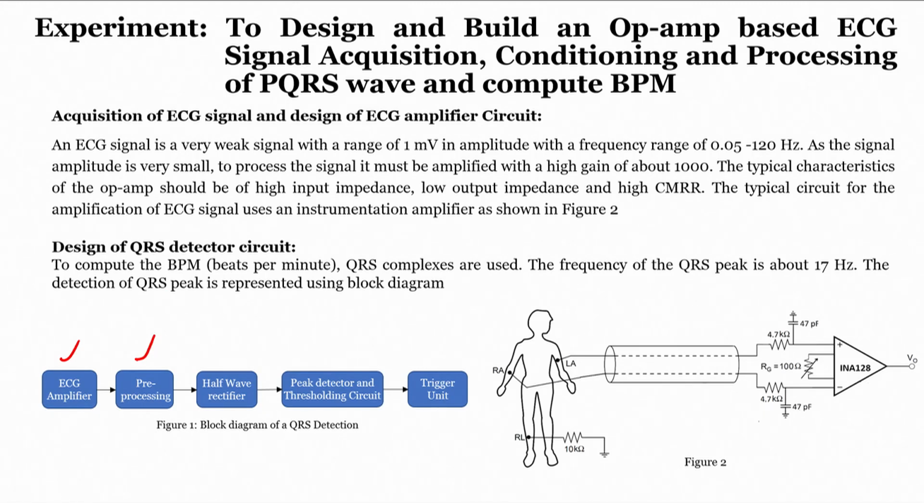Now, the next step is what? If we recall our previous session, in order to find out our BPM, we require to know the QRS peaks. How many QRS peaks are obtained within a minute gives the measurement of our BPM. So, in order to find that BPM value, how do we determine this is our QRS peak, when we see that peaks can be either positive peaks or negative peaks?